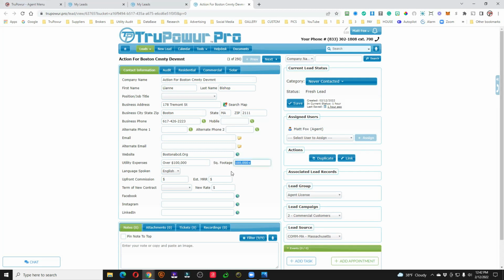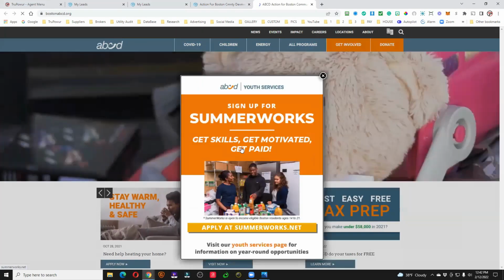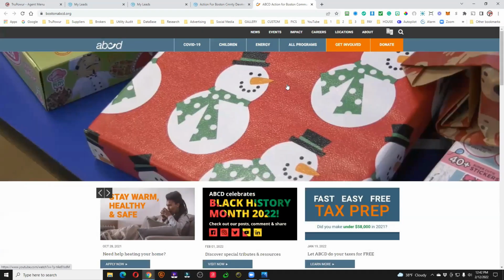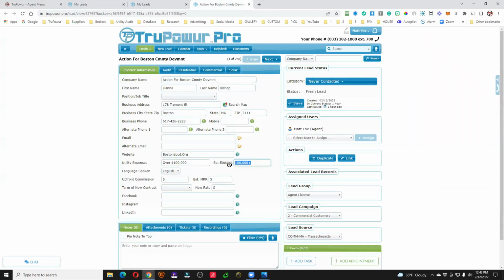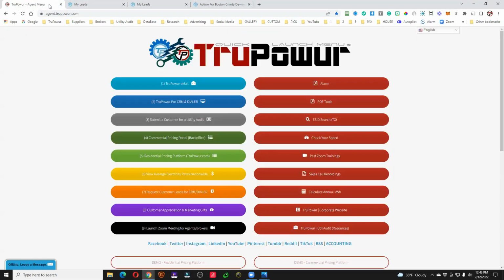And again, using that square footage, you can see that this customer has a utility expense over $100,000, and the square footage is over 100,000 square feet. And this is Action for Boston Community Development. I'm not quite sure what that is, but if I look at their website, that might give me a good idea as to what type of business that is. And so once I know that, then I can take this information, go back over to